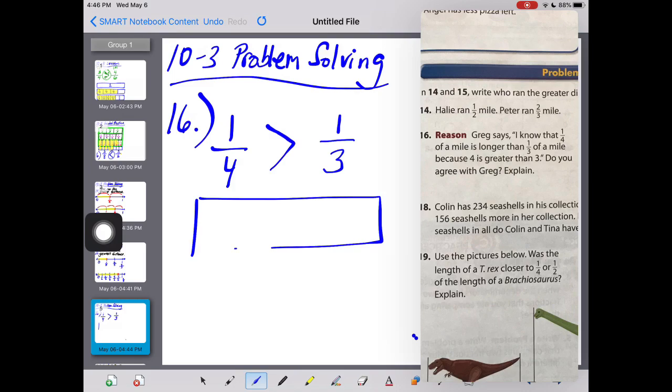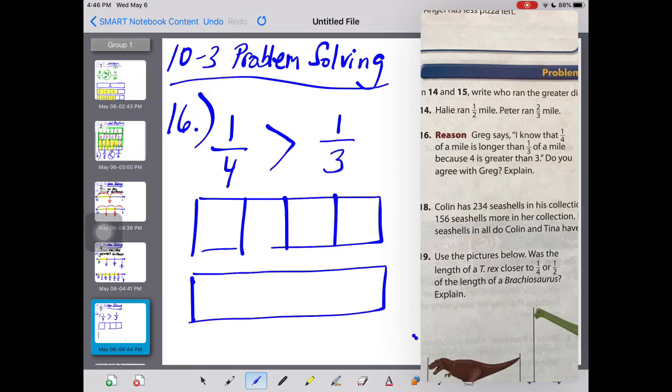Remember, if you have a pizza cut up into fourths, as compared to the same size pizza that's cut up into thirds, that 1/4 is going to be a smaller piece than 1/3. So,